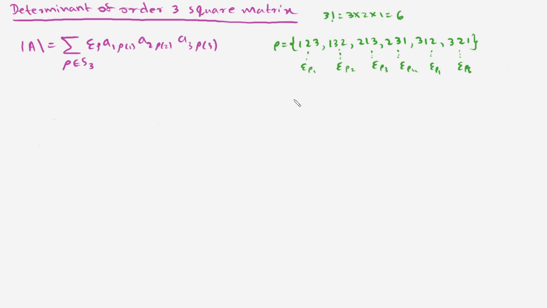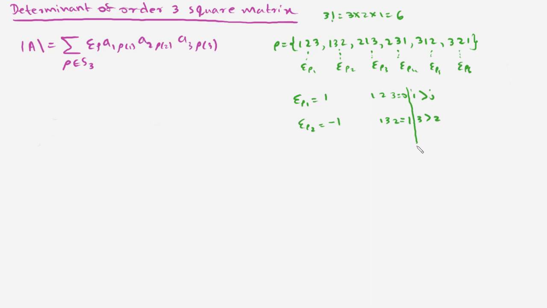So now epsilon rho 1 will be, so there is 1 2 3, and there is no preceding element. So the preceding element count is 0. So this is an even count. Therefore, this will be 1. And for row 2, 1 3 2. So 3 is preceding 2, which means there is one preceding count. So it's an odd count, which is -1.